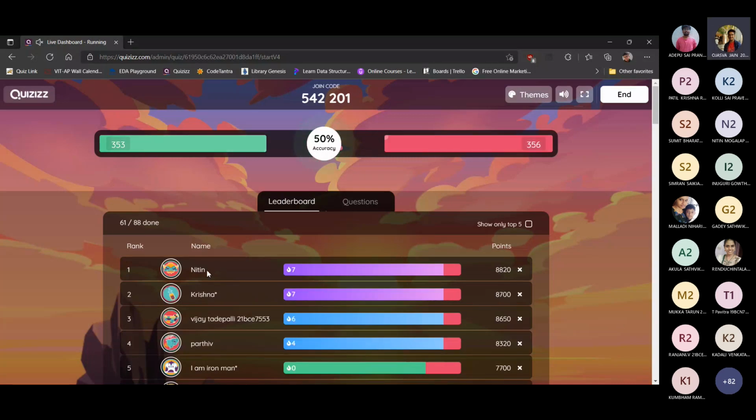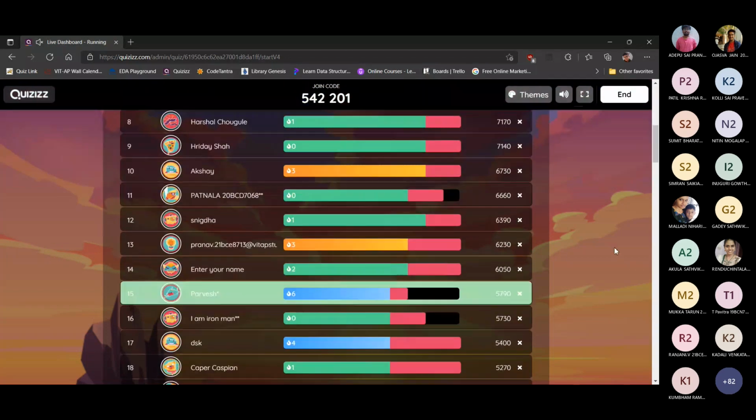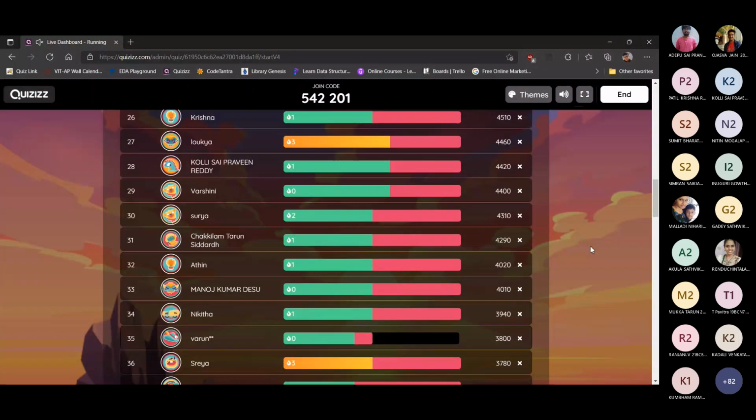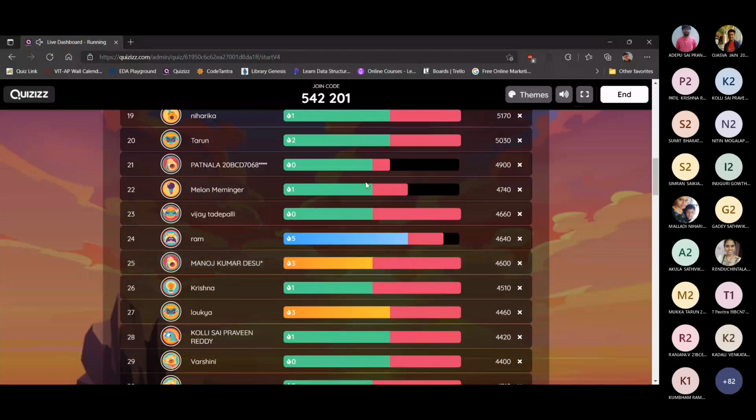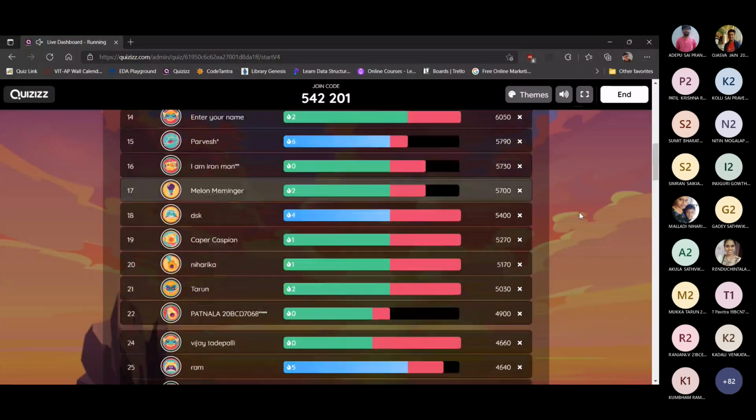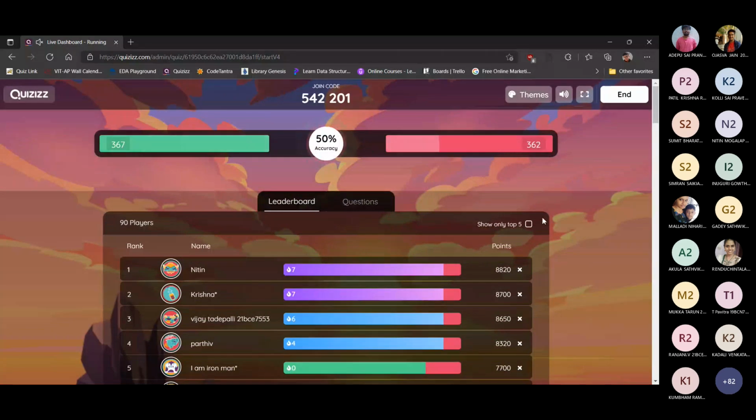Guys, let's complete the quiz fast. Keep on answering, please. Alright, I guess most of them have completed the quiz, apart from some who are attempting it multiple times. I guess they want to learn more and more and refresh their minds, so it's well and good. I would be ending the quiz in about a minute or so. If you are attempting it for the first time, make sure you submit it as soon as possible.